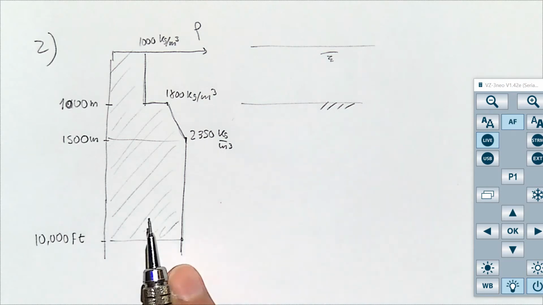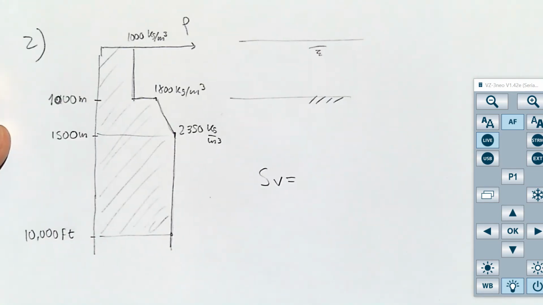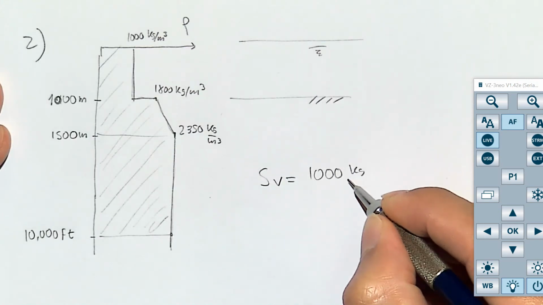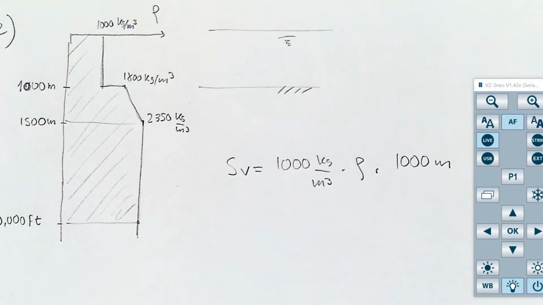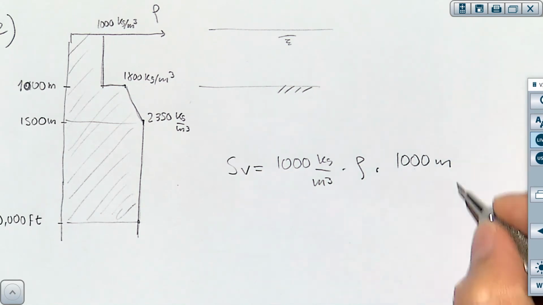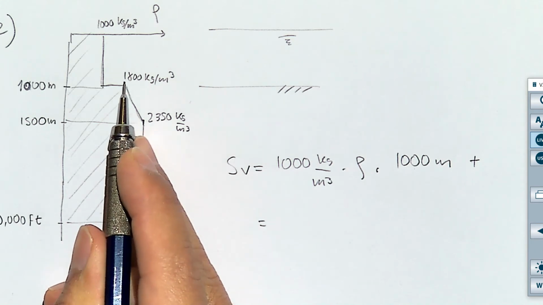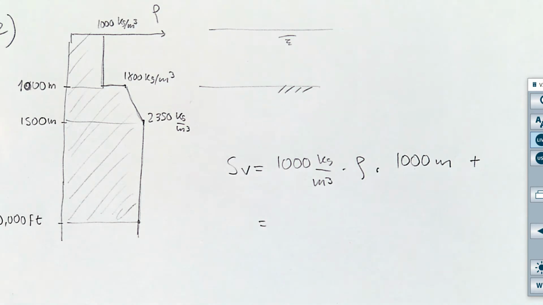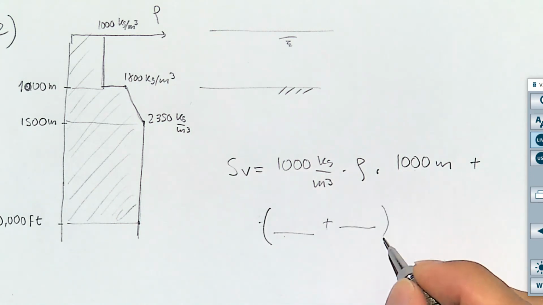So since the integral is going to be the area of all this density plot, then what you have to do is SV is going to be equal to 1000 kilograms per meter cube times density times, in this case, 1000 meters. Plus, this one is the first square. The area of this part is going to be the average between that point and that point. I'm not going to write everything because you're supposed to do that. Okay, but I'm telling you now, what is that going to be? That number plus the other number there divided by 2